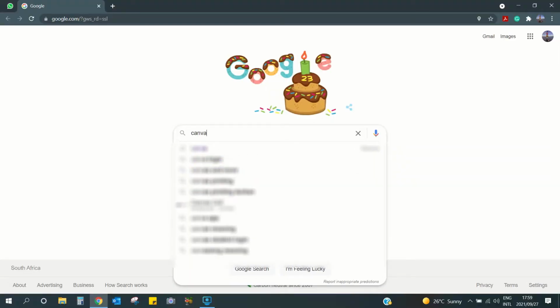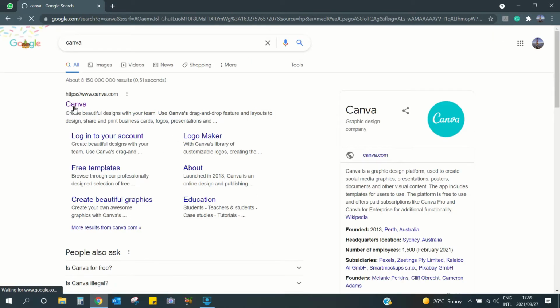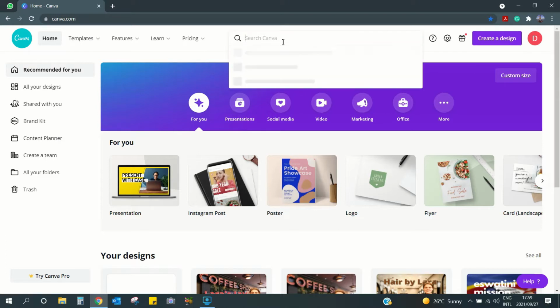So first of all, we open up our browser and we search for the program called Canva. Once we find Canva, let it open up. It's a free program. You can use the paid version, but generally I don't. I use the free one. Search for Facebook post at the top here. Once we find it,